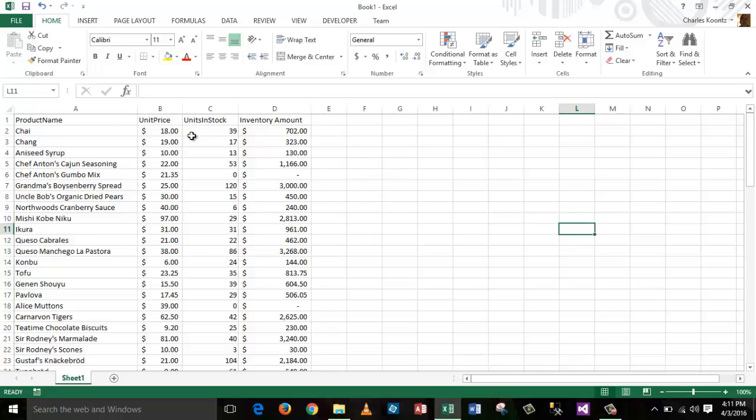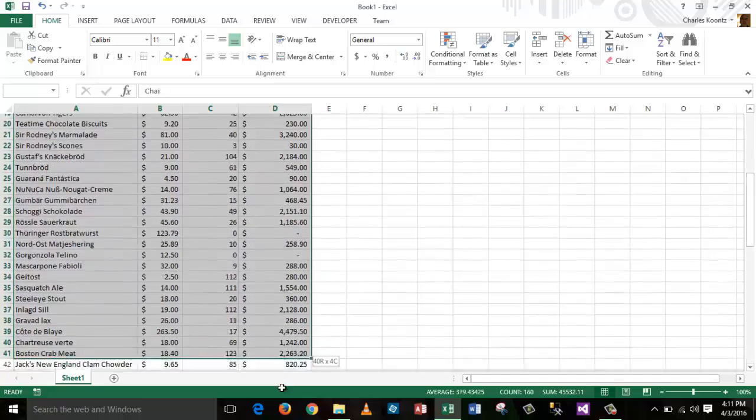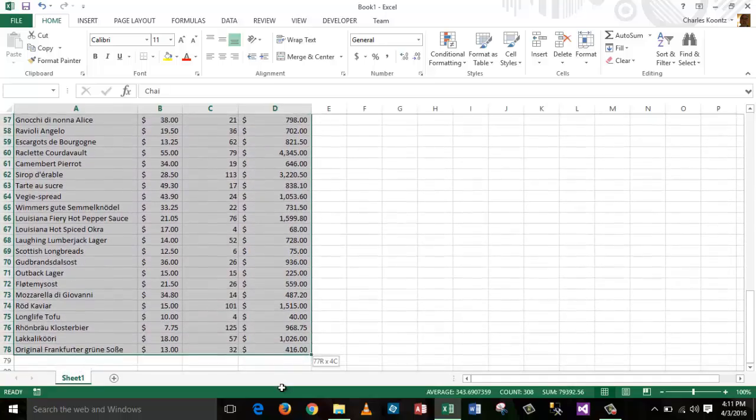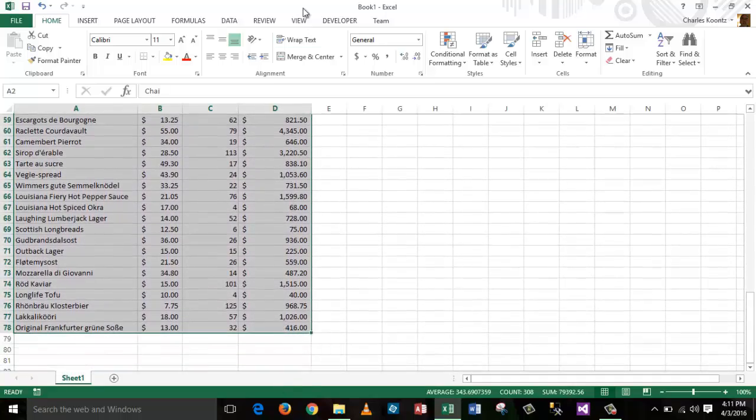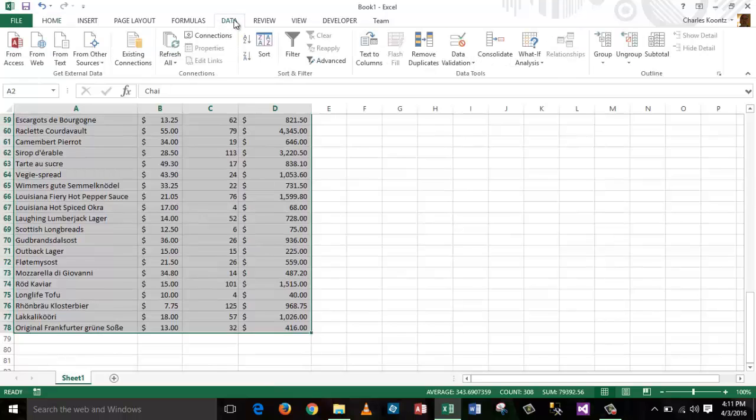And now maybe what I want to do is find out what kind of products are taking up shelf space. Okay, and I'm interested in knowing what do I have the most of, and I want to display that at the top of the list down through what do I have the least of. And so I'm going to highlight all the data, but this time when I go to the data page and choose a sort, I'm going to choose the more complete sort tool,